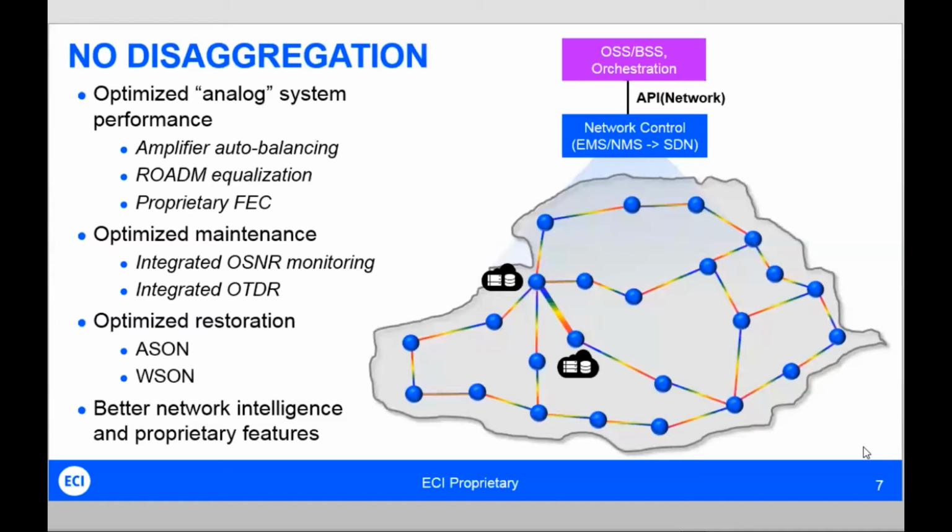But putting this all together, a single vendor can control the entire network with additional intelligence and features that they would provide, so that you get a really well performing network end to end. And like I said, this is primarily the case today. There'd be a single network control system, there'd be some level of APIs on top of that, going up into an NREN orchestration system.